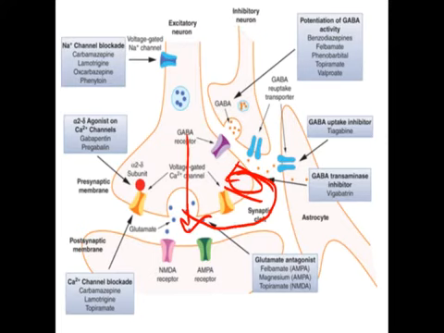So if we inhibit the GABA transporter, then more amount of GABA will remain here and it can bind to the receptor. But again, we are allowing them for the reuptake. So again, GABA undergo different